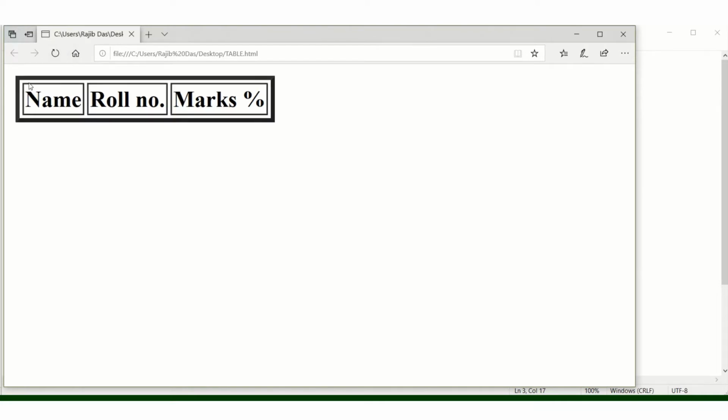See, now I have given the table border. So now this is the first row, and only one row I have inserted, so one row is coming. And this is the first row, and the first row is the heading, so we have used the TH.